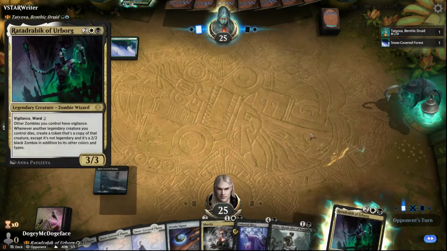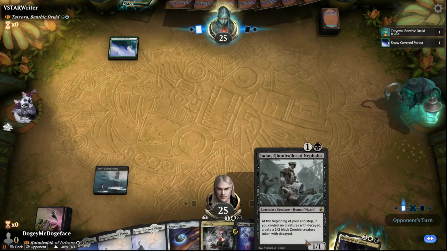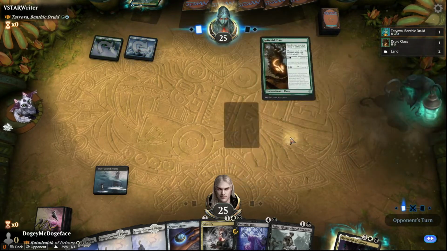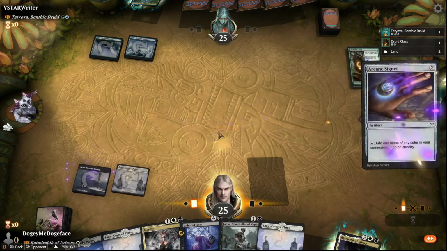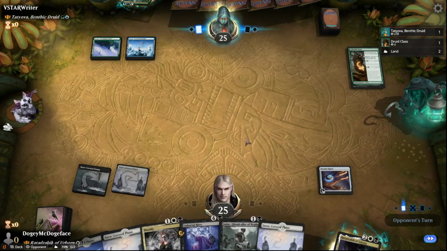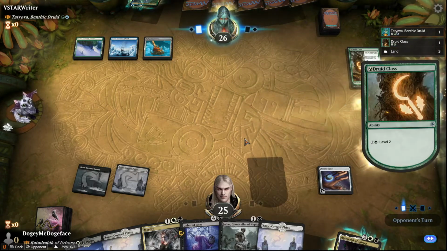I think we still want to go Ratrabik first, although it does give our tokens vigilance, does it not? We'll see what we draw. We'll see if we draw anything. We don't. Okay, we'll just Arcane Signet then. Unburial Rights as well could be good if we get some good mill going on. Or just need to get our commander back, so...